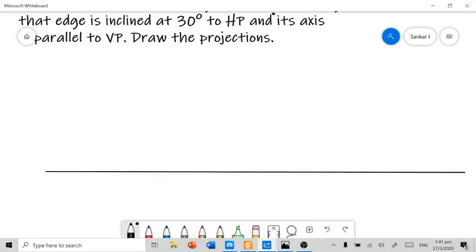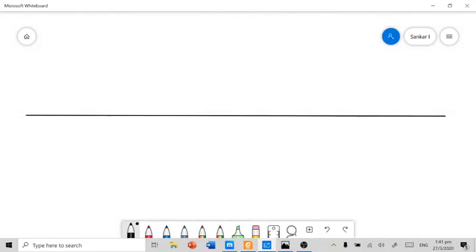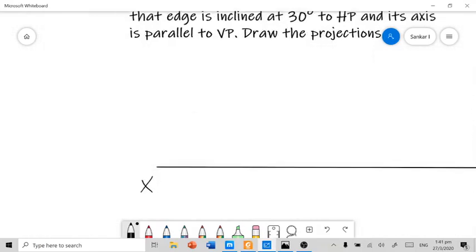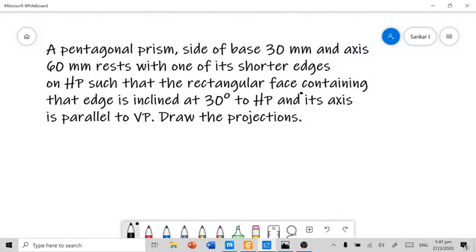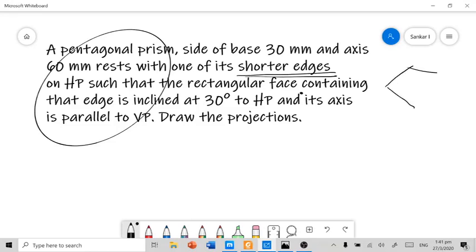As usual, we need to start the answer with the XY line. So after drawing this, already I am well aware of the situation of the solid by referring to this question. The question is a pentagonal prism having 30 mm base side and 60 mm axis side, resting with one of its shorter edges. Shorter edges means, in the case of a pentagonal prism,